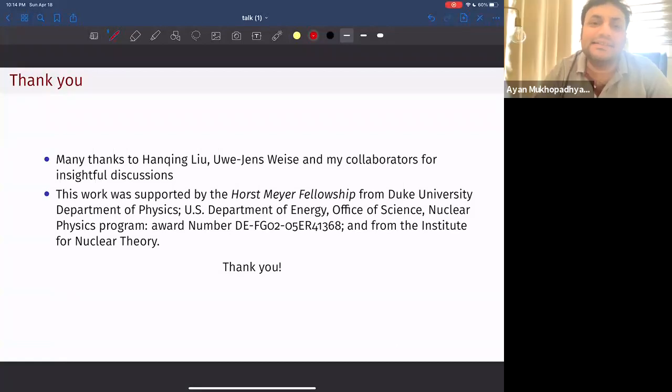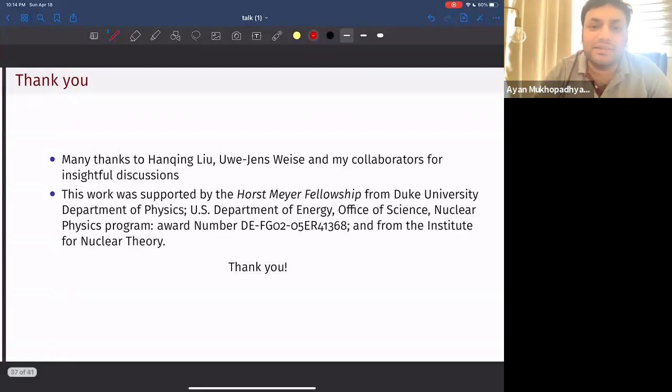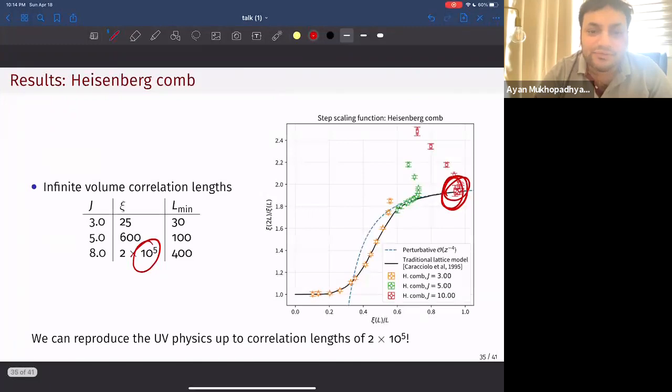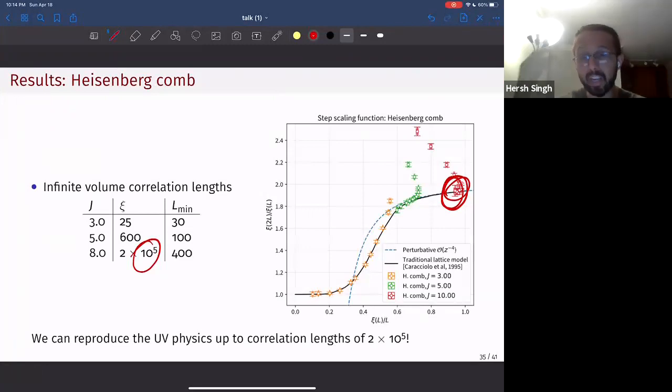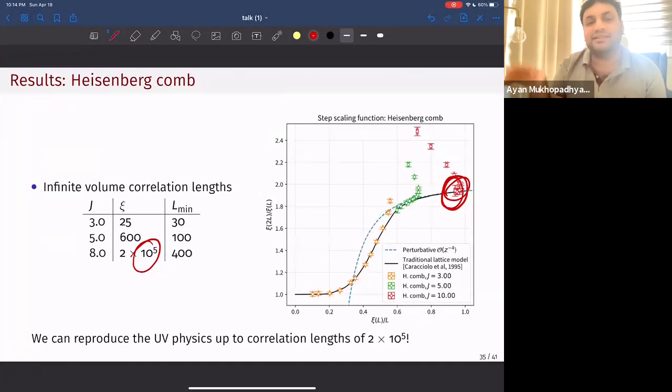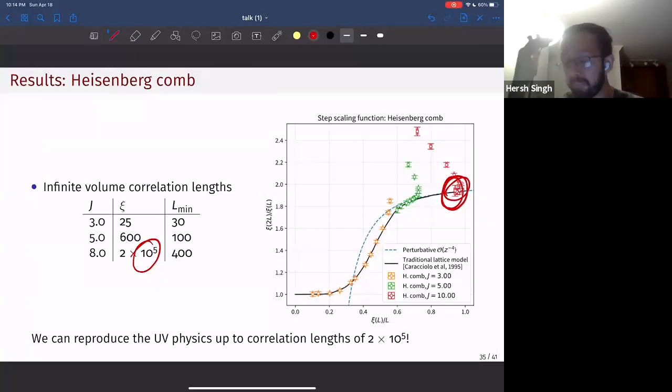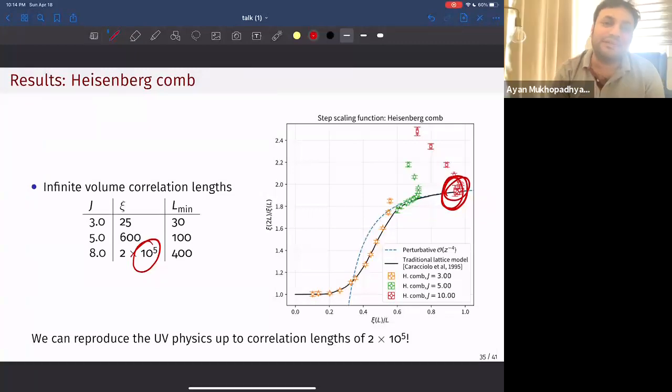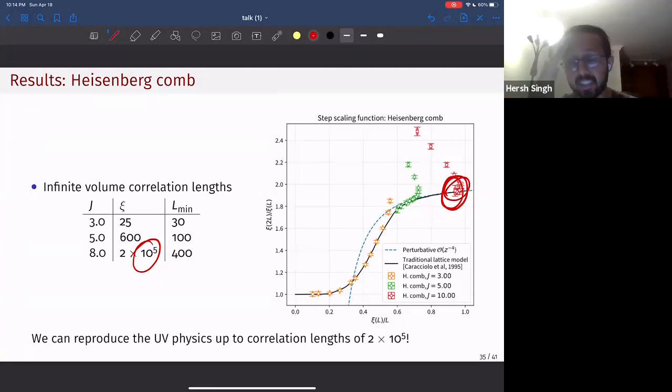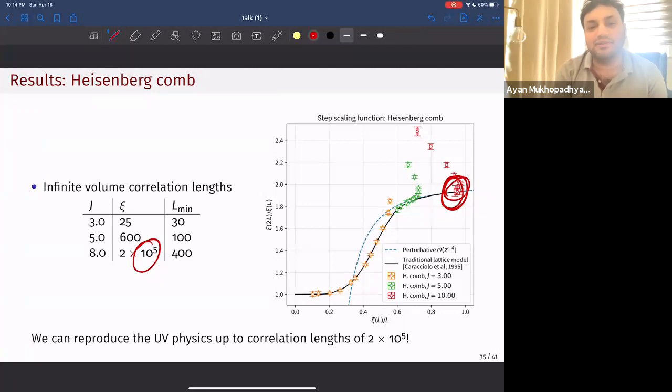So your claim is that here there is no UV cutoff when you take the continuum limit, at least in the limit when capital J goes to infinity. The UV cutoff vanishes and you're able to reproduce the entire asymptotically free theory. Oh, I would say the cutoff goes to infinity. That's exactly what I meant. So the cutoff doesn't exist, meaning you are able to reproduce precisely, right? So yeah, we reproduce the entire theory exactly in the limit when capital J goes to infinity. That's the claim. That's a remarkable result. Yeah, that's quite remarkable.